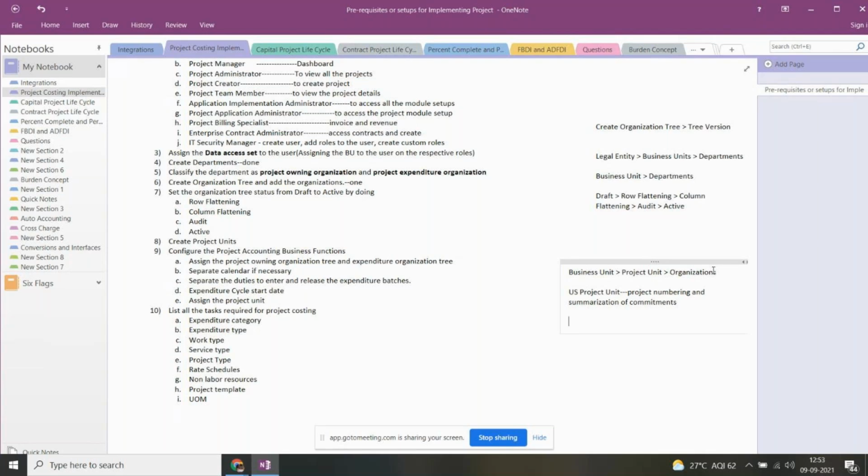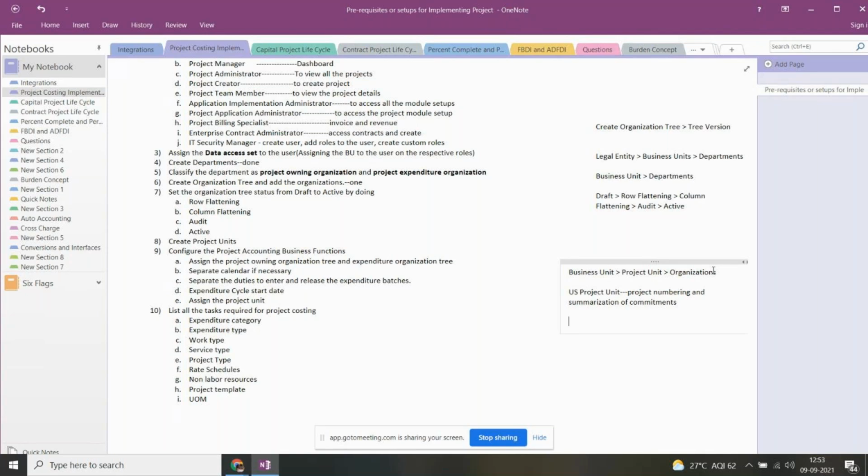They will also use this project unit to map to the organizations, you can skip that for the time being. Just take a note on these two areas. The first thing is we'll create the project units based upon the lines of business existing in that organization or company. That's the first point.